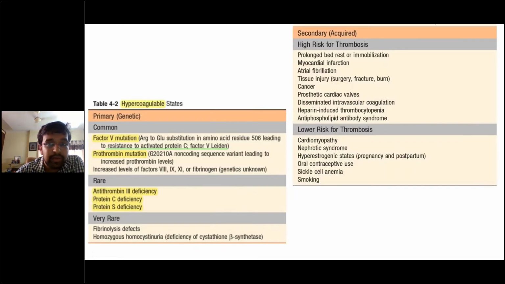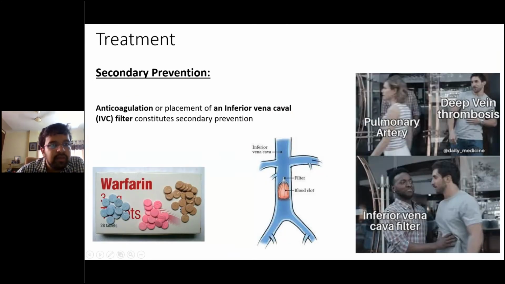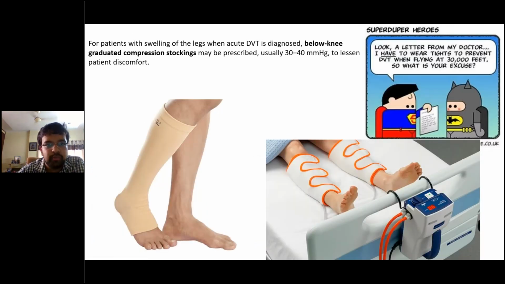Okay. This slide is very important, telling you the risk factors of the hypercoagulable states. So basically, it can be primary or secondary. The primary are genetic conditions, secondary are acquired conditions, ठीक है? तो इसमें factor V mutation आ गया और इसमें ये सब चीजें हो गई, ठीक है? So the treatment part भी बता दें हमने, तो secondary prevention is very important. Anticoagulation by warfarin, combined with heparin for the initial 5 days, and inferior vena cava filter is very important. So basically the DVT, deep vein thrombosis, may embolize to the pulmonary artery, और इसको हमें रोकना है secondary prevention से, ठीक है? Compression stocking हो गई और ये सब हो गया.